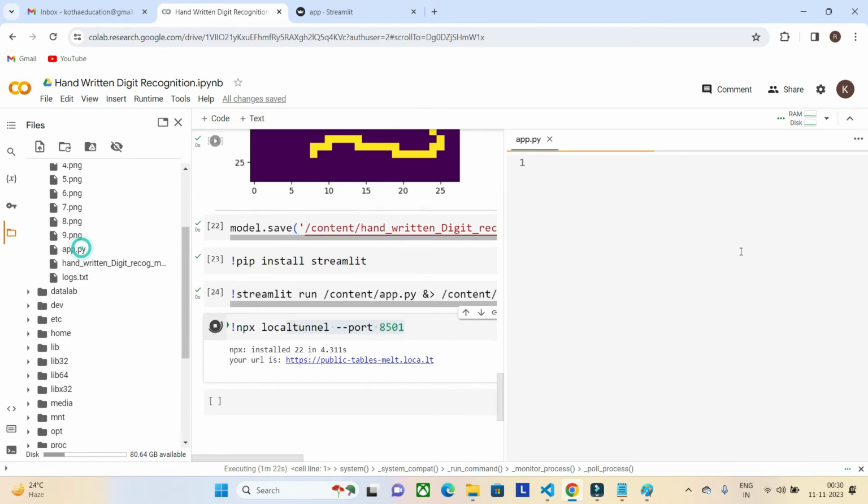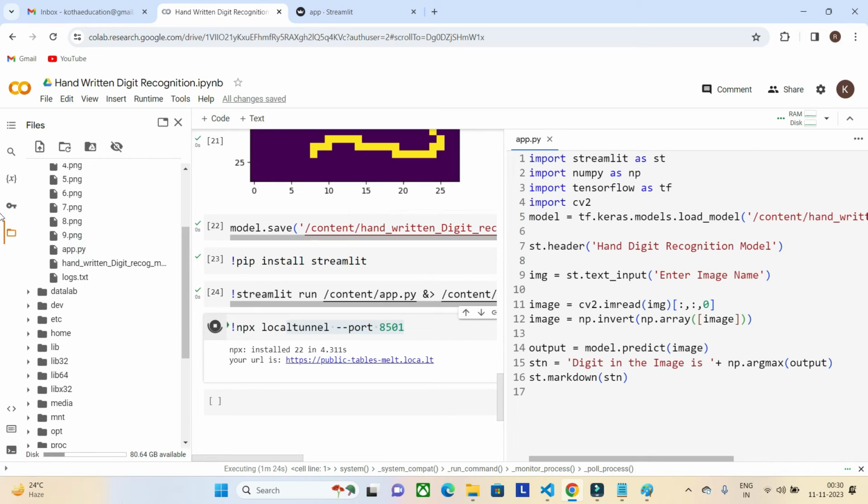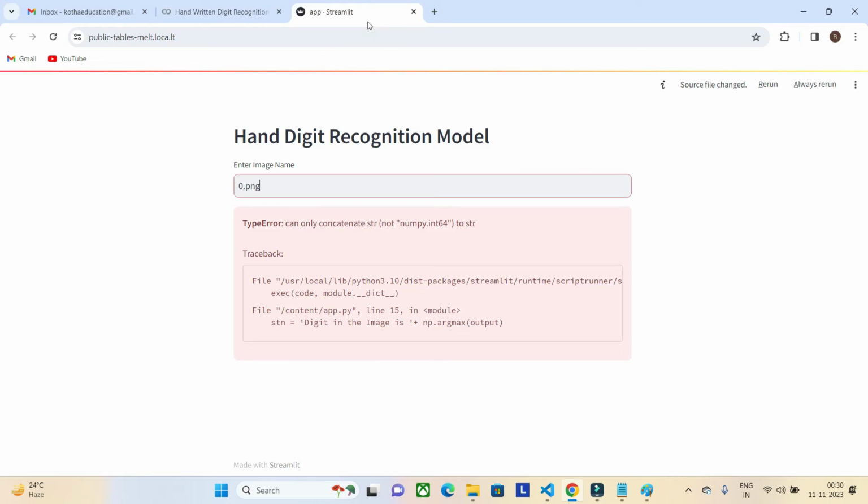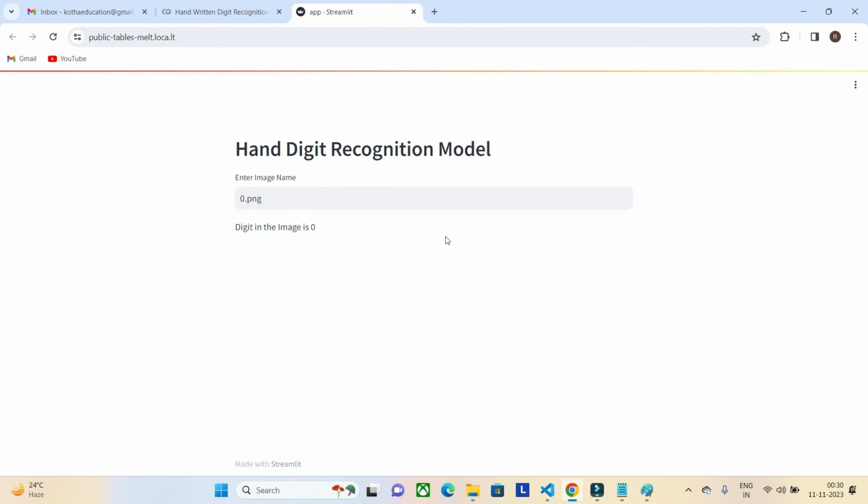In app.py, convert to string first. Okay, converted, and we have saved it. The source file has been changed, so always rerun. See, the digit in the image is 0.